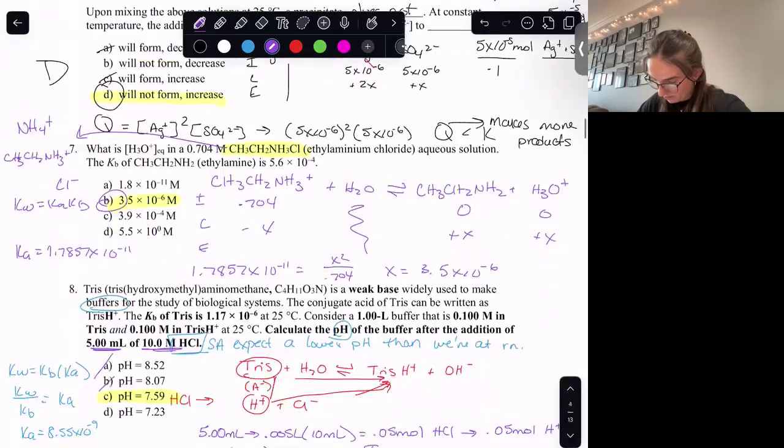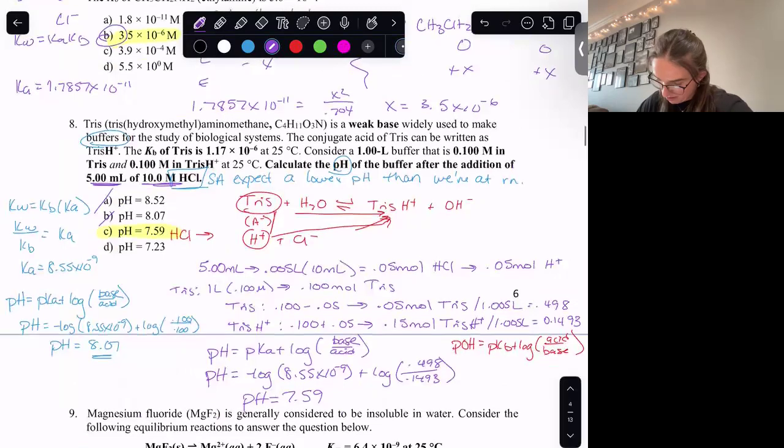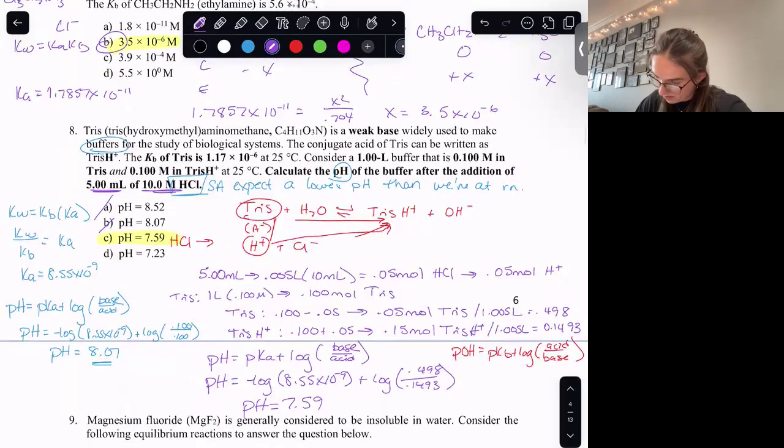Okay, someone asked for 8. Yes, so we did do 8 last night as well. So I'll just do a brief rundown of 8, but that is broken down in last night's review session. So you can also look there if you need more explanation, because I talked about that a little bit. So for this question,